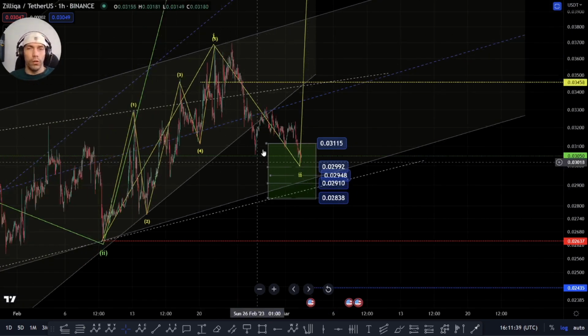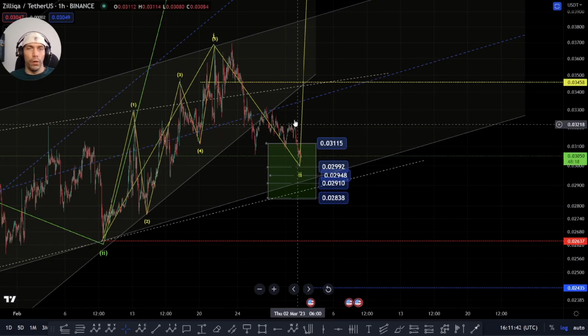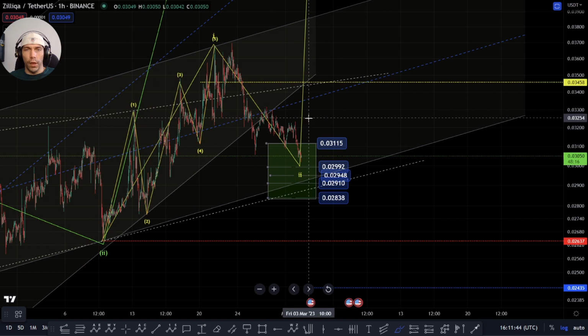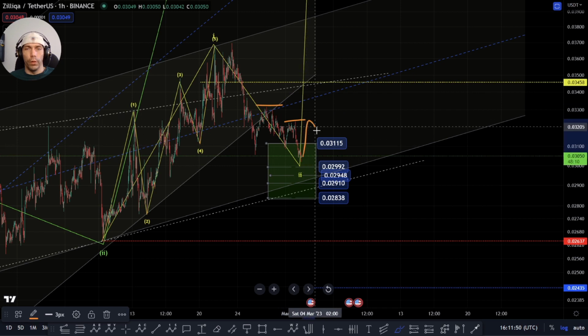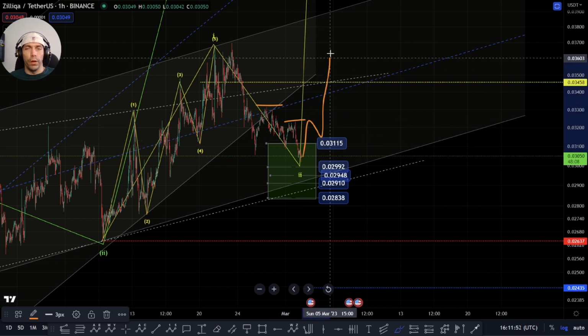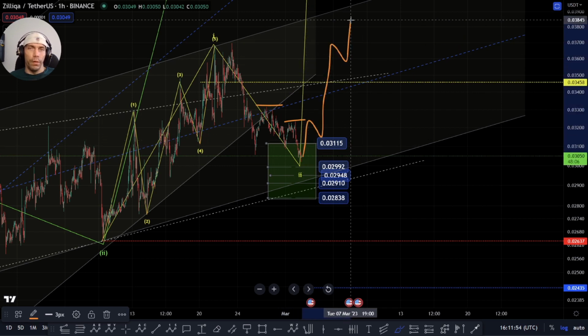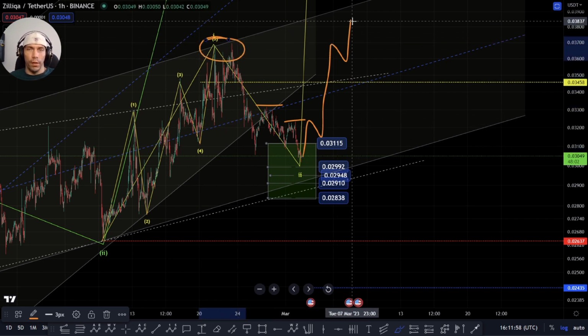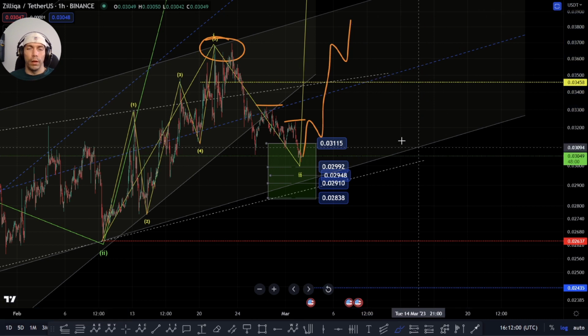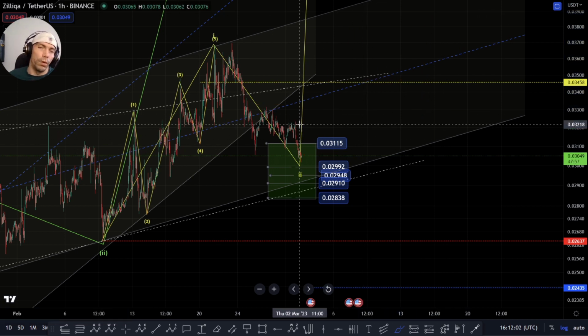This could quite easily just start to break down. Like we said, you'd have to start taking these swing highs here, and then you'd have to start breaking up in good structure with a good 5-wave move, a 3-wave move down, a bigger 5-wave move, 3-wave move, 5-wave move, looking to target out these highs, take these out, and then potentially look for that wave 2 and then that continuation up. That would be what I would be anticipating if we are looking for that bullish